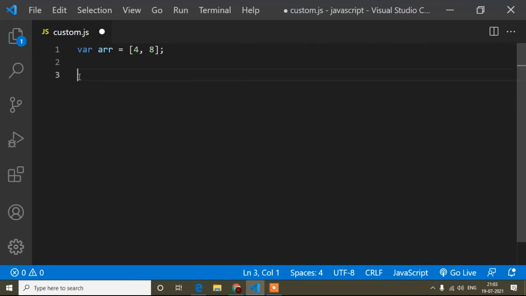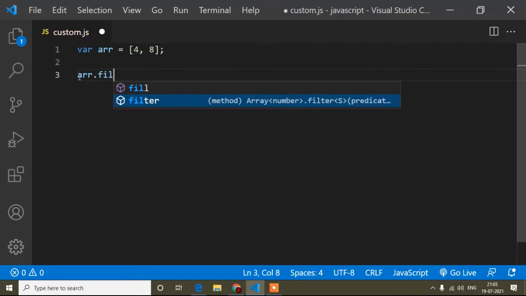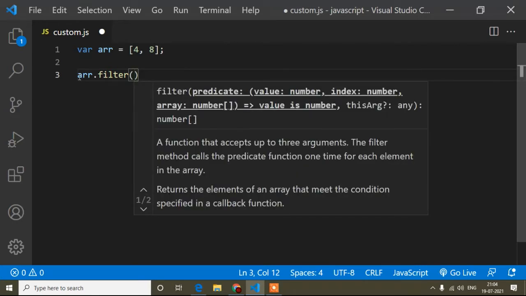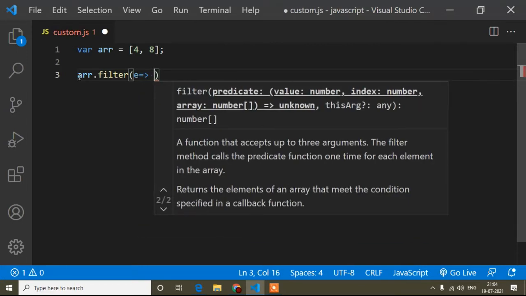Now first of all I will write the filter method, and I will show it in a practical example. So filter, and filter is a method, so I have to write parentheses, because when we write a method, or someone calls it a function, we write parentheses. It takes a parameter, and the parameter name you can write anything. Here I will write the parameter name e, and I will use a callback.